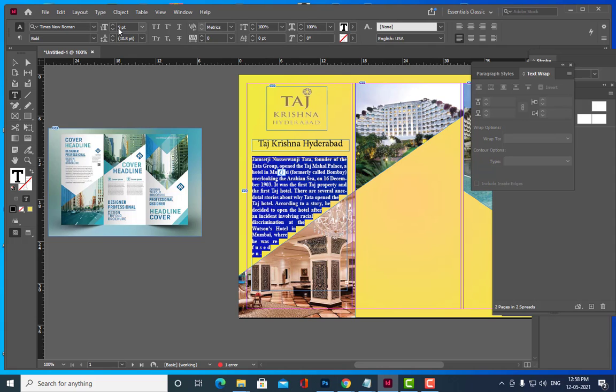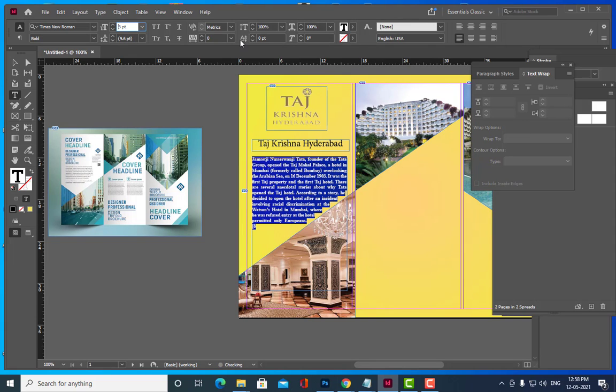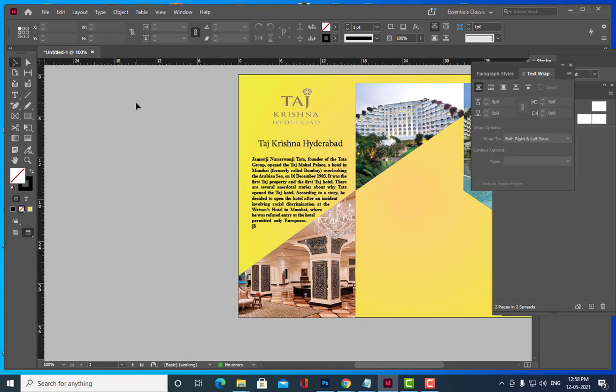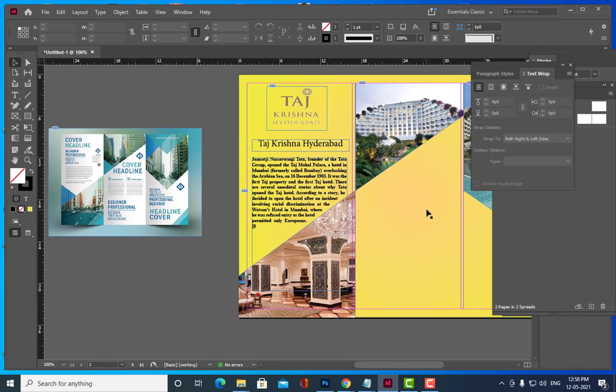Let us reduce the size of the text, because we want the entire text to be visible. Right. So we can do it like this. Okay, now let's come to the next column.